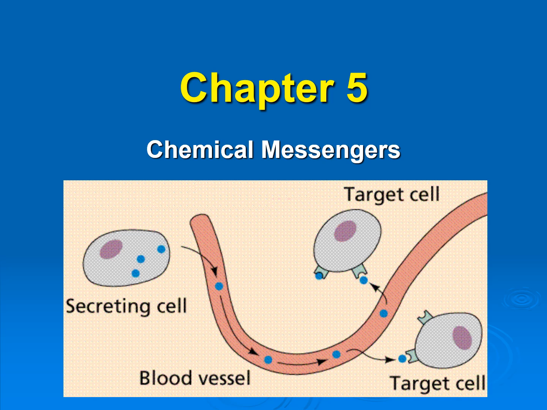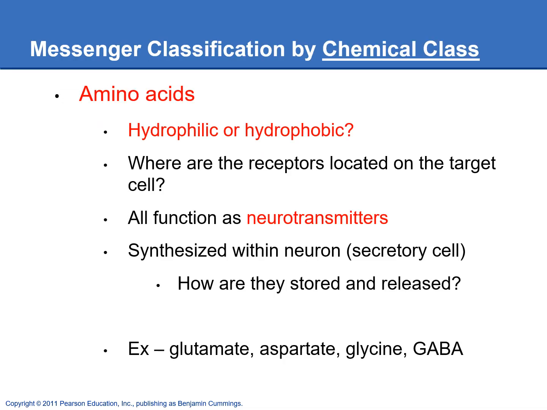We're going to take a look at the chemical class of chemical messengers, so what they're made of. We're going to start with the amino acids. So remember, the amino acids are hydrophilic. So their receptors are going to be located on the cell surface, so on the target cell membrane. And the reason is because they're hydrophilic, they can't diffuse across the cell membrane and get inside the target cell. So it'd be really dumb to have receptors inside the cytoplasm or the nucleus because they wouldn't be able